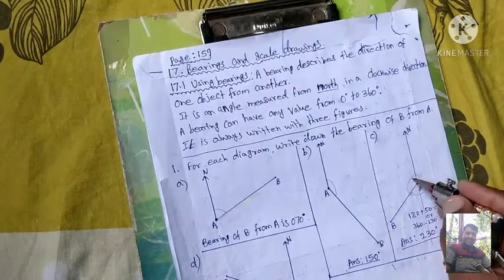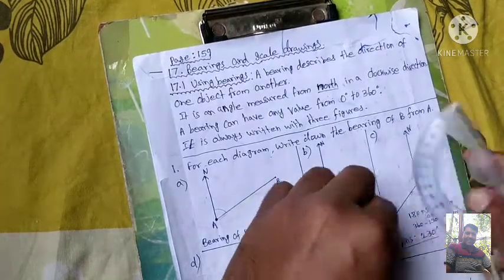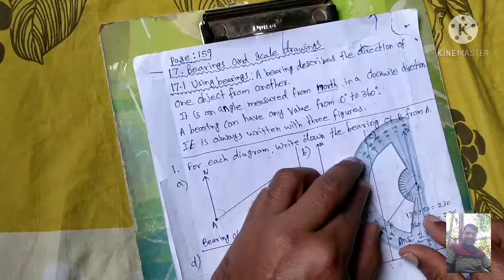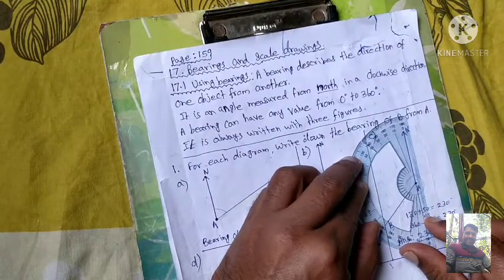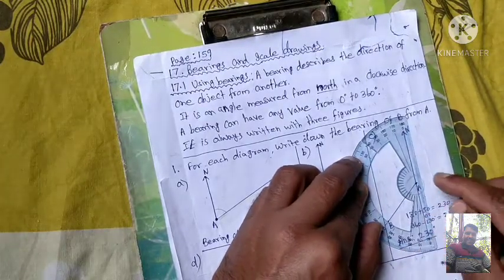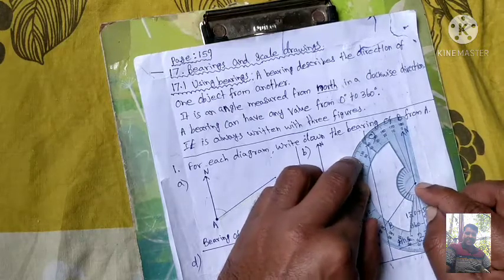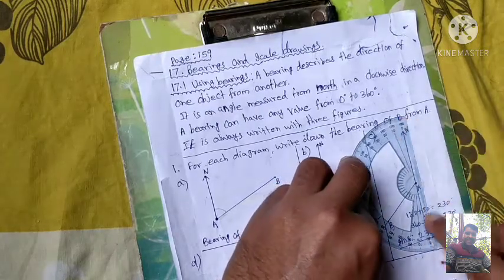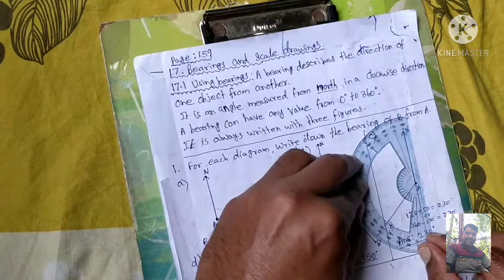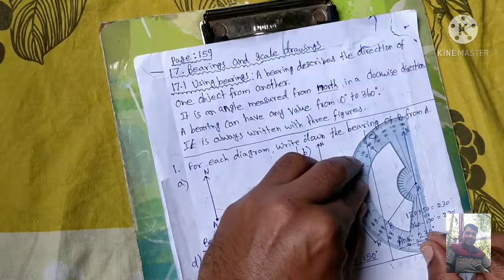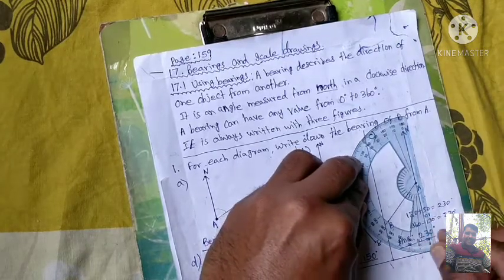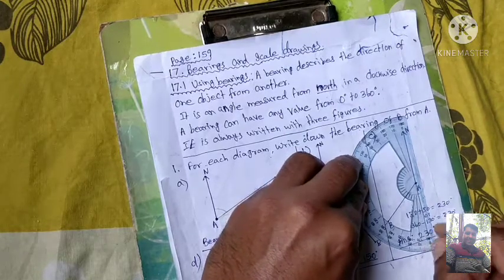So now I am going to measure this angle. So it is the line in the left side. So I am going to put my protractor like this. Now I am keeping my protractor. The center point should be on A, and the line must be on the 180 line. Okay. Now we can measure this angle. So exactly put it properly. Okay, guys. So line must be on the line and center point.